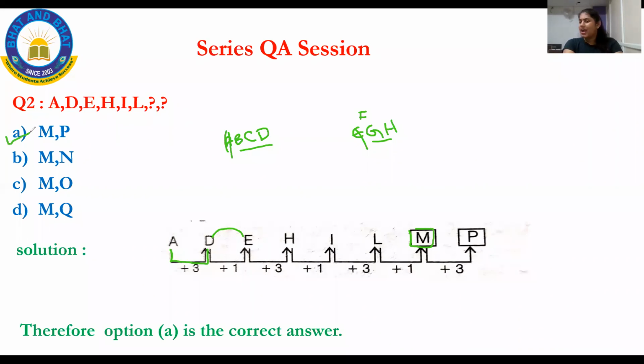Okay. L to O, what is the difference? See, M, N, O, P. Okay, so I should leave L. So it is P, right? So it is option A. That is MP. Are there any doubts? Are you understanding what I'm teaching?